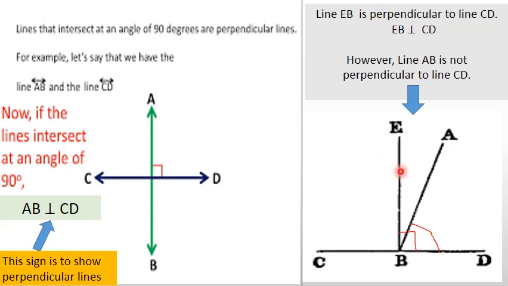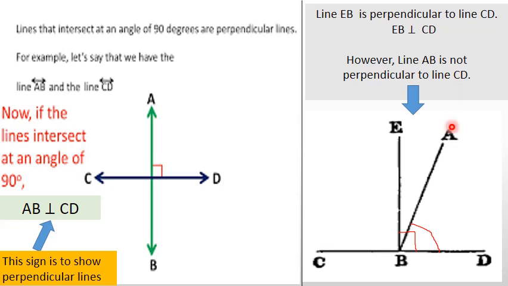Now for example, I have line EB and line CD. So line EB and line CD are perpendicular to each other. You can see, no? This is a straight horizontal and this is a straight vertical, so there is a 90 degree angle here. Let me make it for you. I am making a bigger box so that you can see it properly, but while you are drawing it, it's not really important to make such a big box. You can make a small one. So you can see EB and CD are perpendicular to each other, right? So when they are perpendicular, how would I write in maths? EB is perpendicular to line CD.